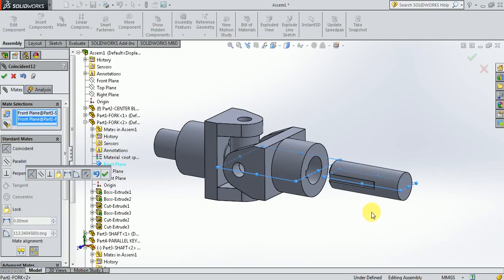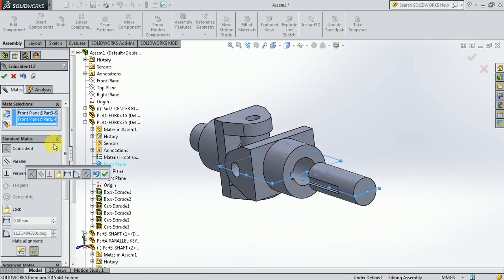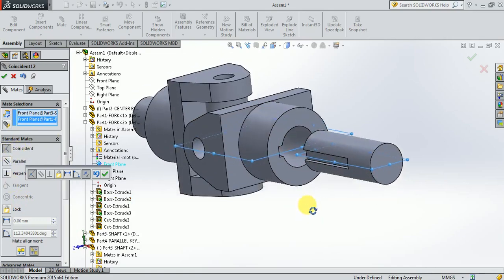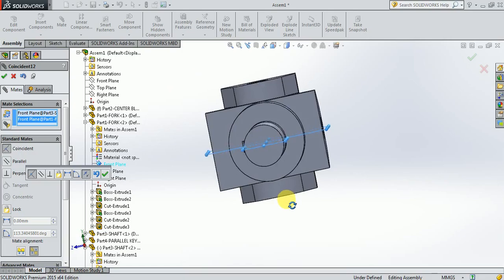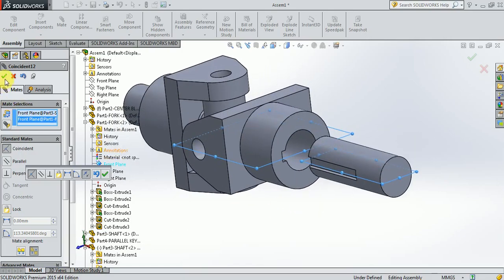Once the front plane of the shaft number 2 and the front plane of the fork number 2 are selected, if we try to make them coincident, you can see the keyways are aligned now. The keyway in the fork and the keyway in the shaft are aligned. And we can give it OK.